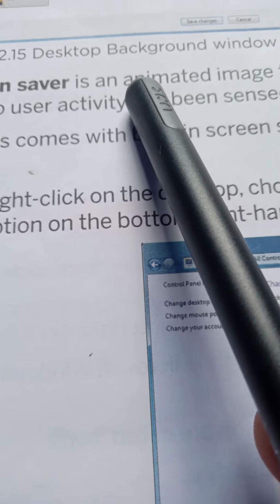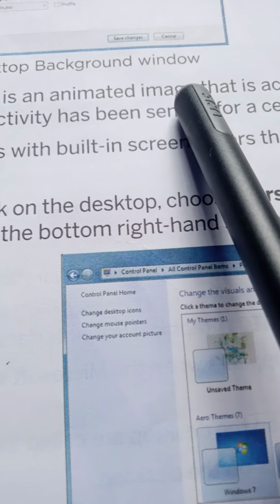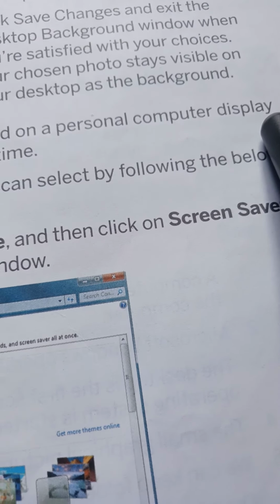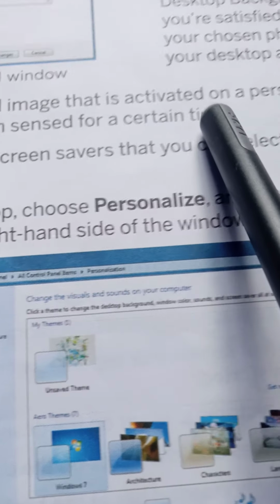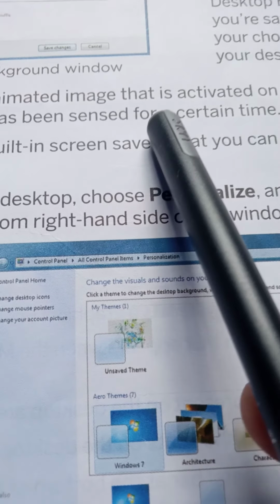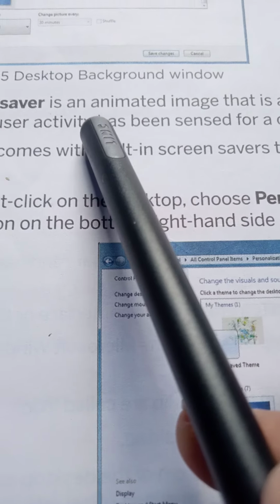Then screensaver. A screensaver is an animated image that is activated on a personal computer display. It is an animated image made by the computer.